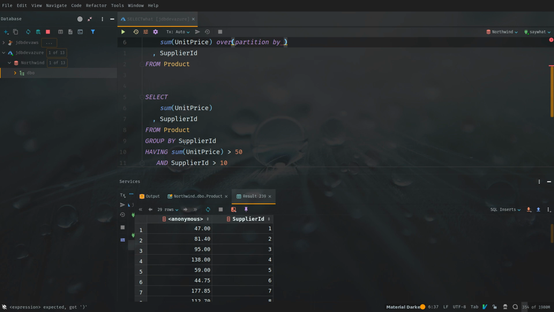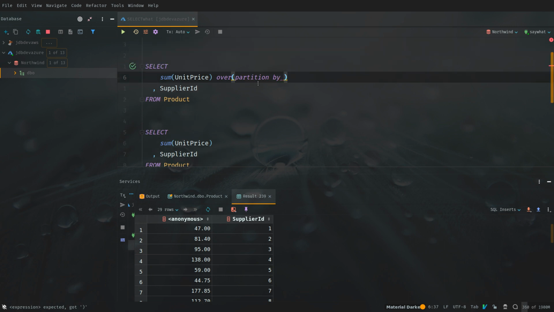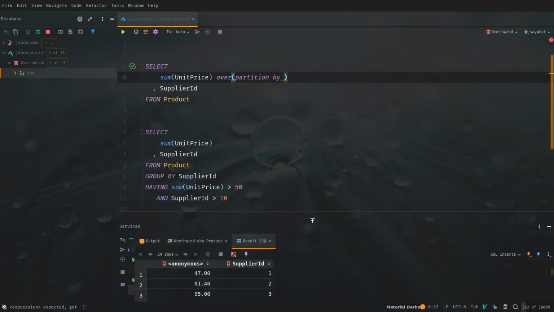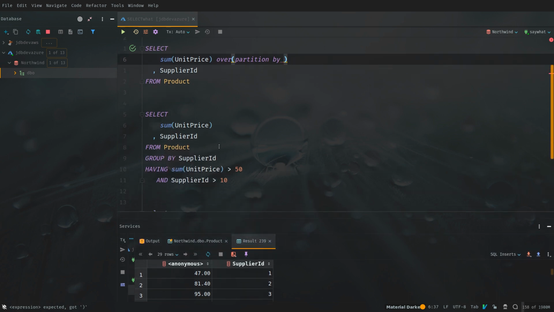So if you're trying to learn how to do this, you can always write your function like this to see what you're trying to get, and then rewrite it this way. So let me just move this down so you can see everything together. So you can write it like this at first, right? And then start rewriting it this way. So it can say partition by supplier ID. Okay. So now if I run this,